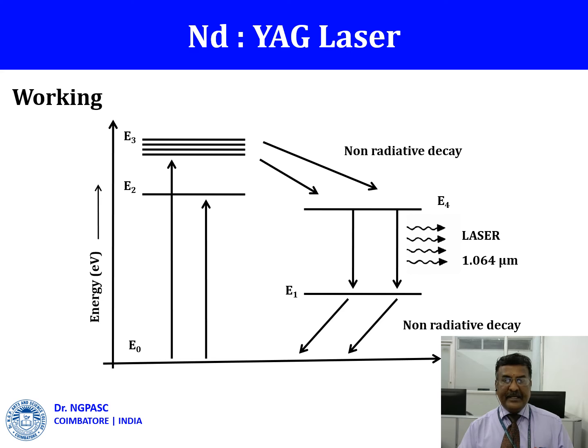These stimulated emitted photons get further resonated by means of the ground and polished end faces of the neodymium YAG rod. Once a highly intense beam of light is accumulated, the beam escapes through the partially silvered mirror. A laser light of about 1.064 micrometer is emitted through the partially silvered mirror. The transition again takes place from the E1 energy level to the E0 energy level, and this is a non-radiative decay